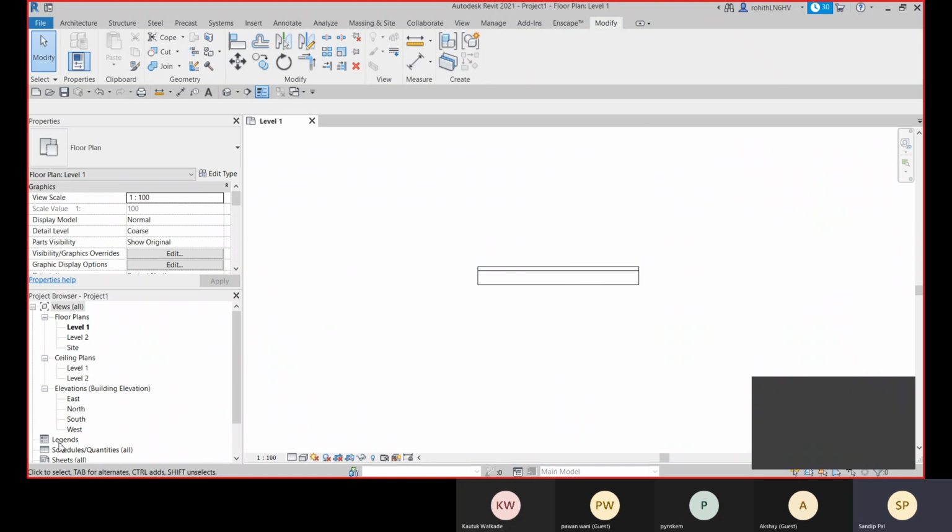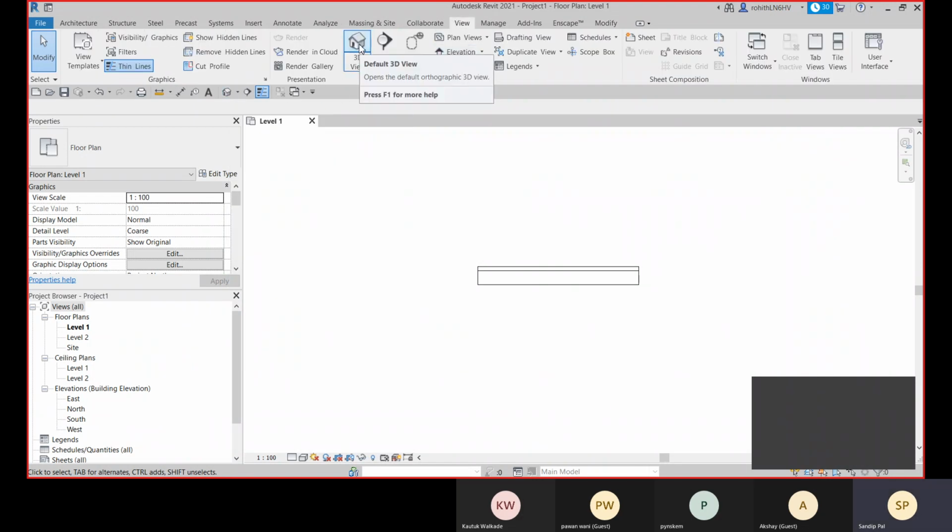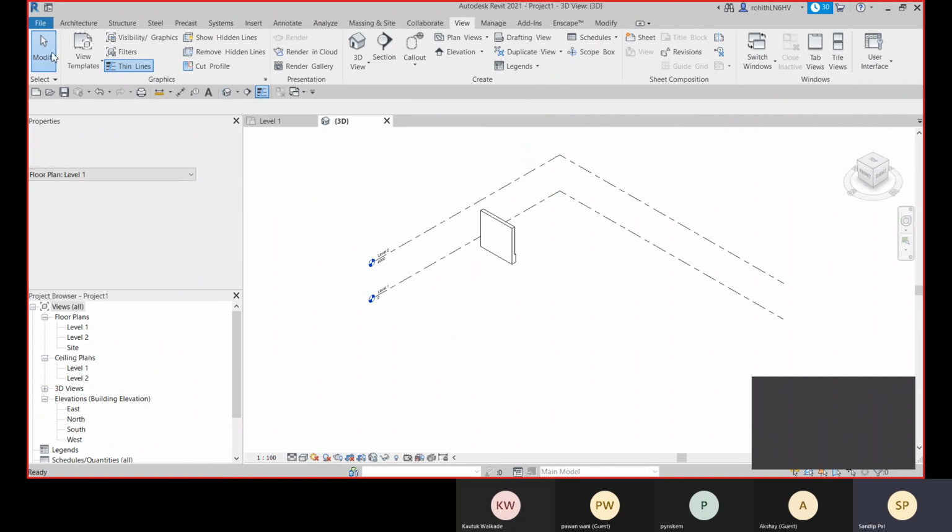Right now you see that I have just opened this new project, and after that I haven't opened the 3D view yet. Generally in this project browser, at the default condition, we will not get that 3D view. Initially you have to open the 3D from this quick access toolbar or from the view tab. There you have this 3D view. The same option is available in the quick access toolbar, you can click here.